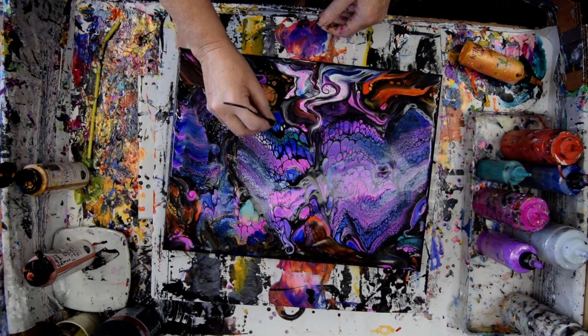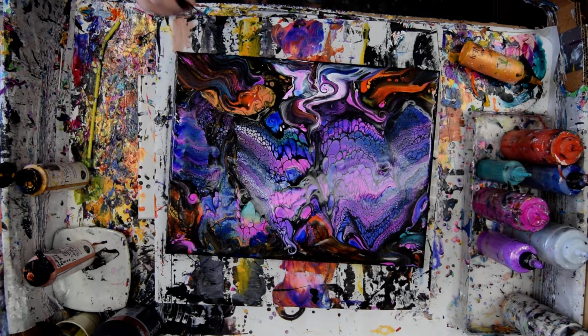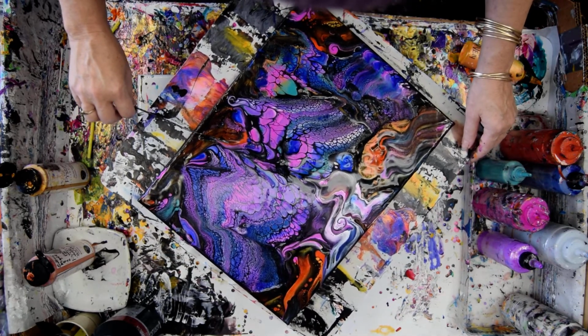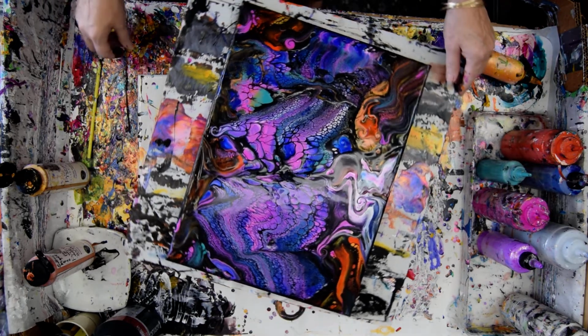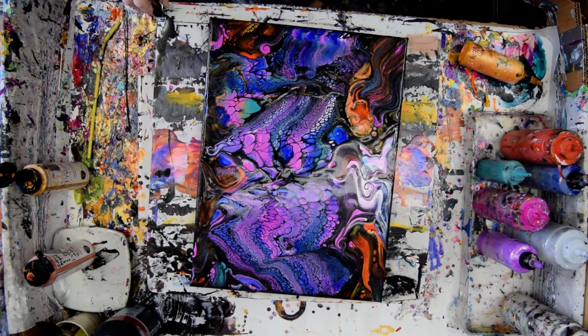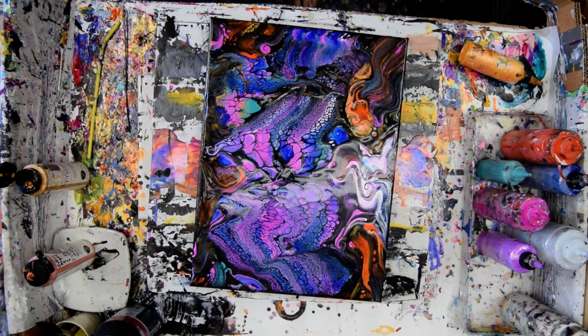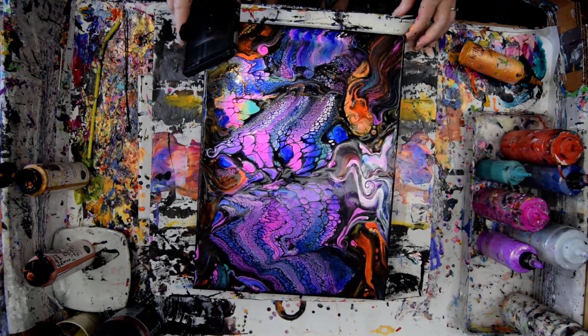Oh, I was going to go in this blue spot. And generally I don't recommend going into places just after you've torched, but the paint is pretty heavy here. And anything I might want to do, I could do some other point in time. I'm not sure what to tell you now at this point. I think it's as done as it's going to be for now. Whatever happens next is going to be a different video than this video. So I'm going to shimmer this at you. Oh, that part that I love is